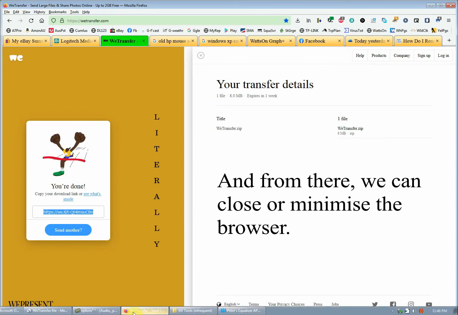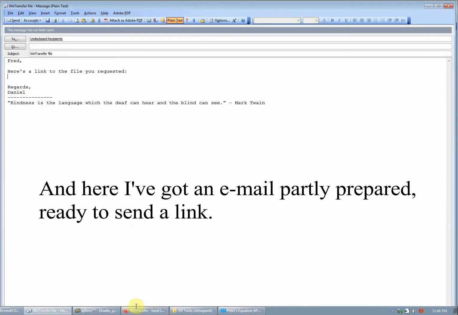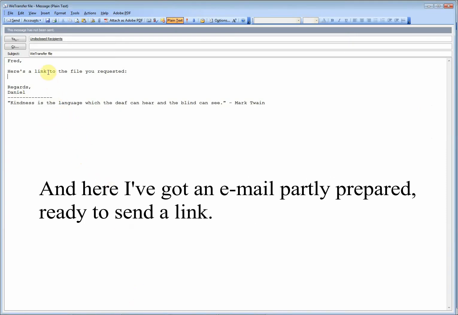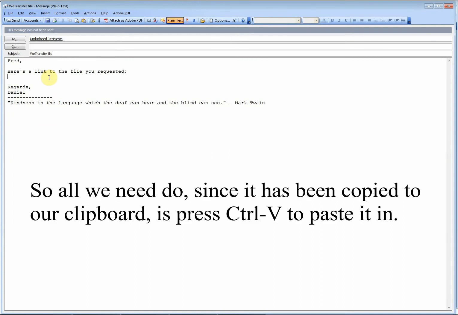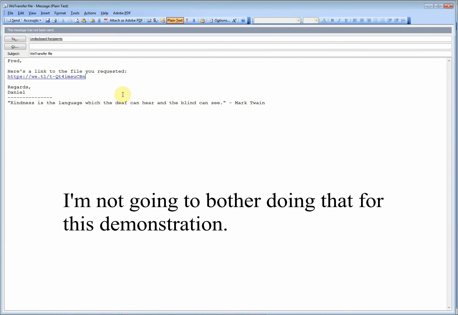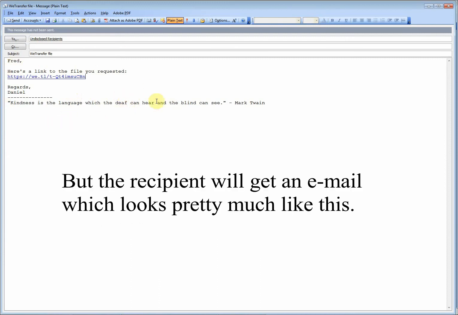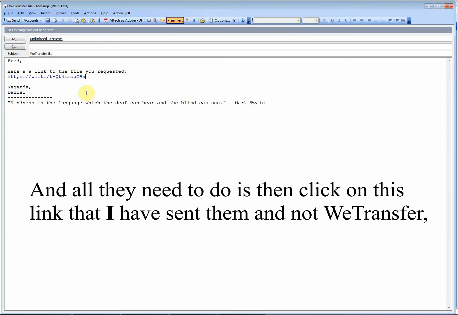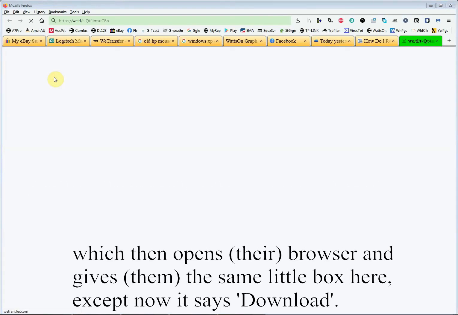The main thing is to have clicked this link to the get link button, and from there we can close or minimize the browser, and here I've got an email partly prepared, ready to send a link. So all we need to do, since it has been copied to our clipboard, is press Ctrl V and paste it in. I can then click on send and send that off to whoever the recipients are. I'm not going to bother doing that for this demonstration, but the recipient will get an email which looks pretty much like this. And all they need to do is then click on this link that I have sent them and not WeTransfer, which then opens the browser,